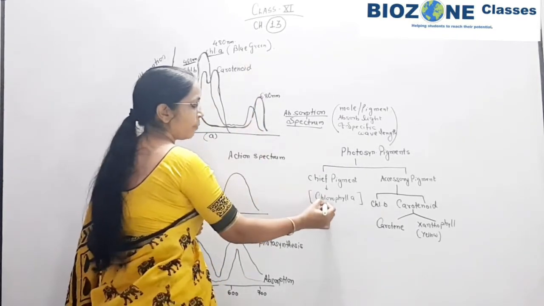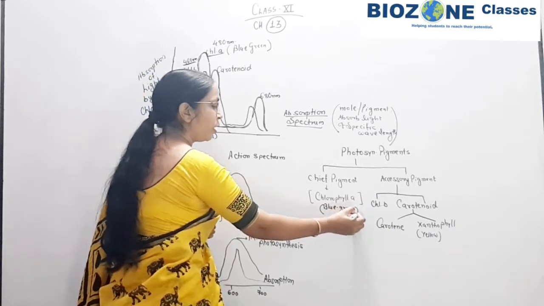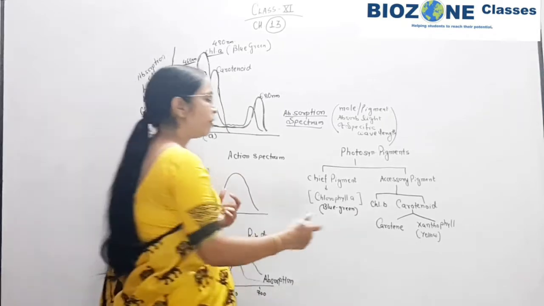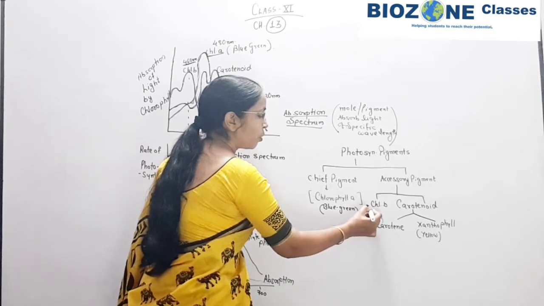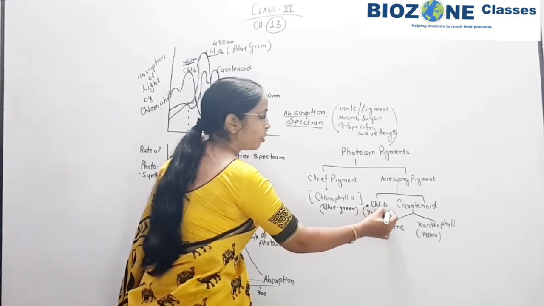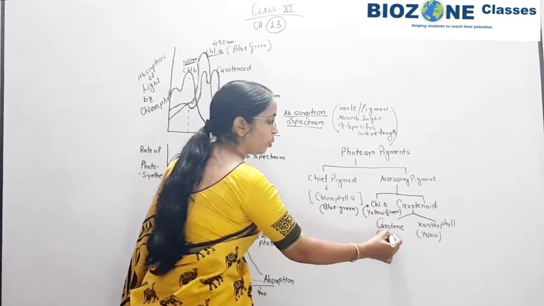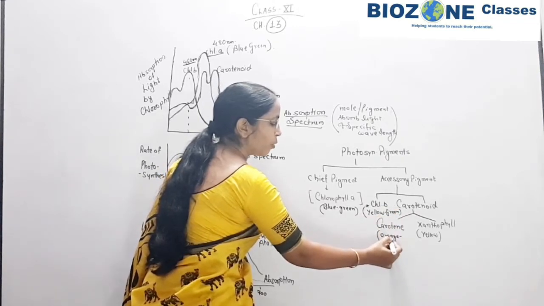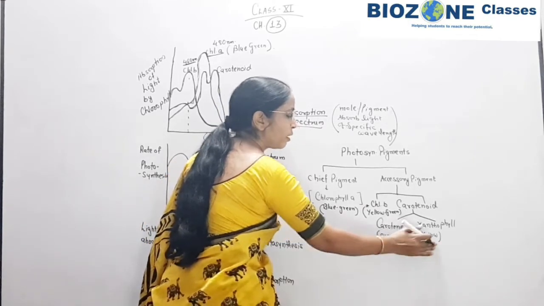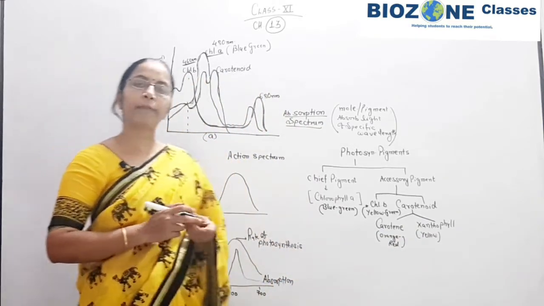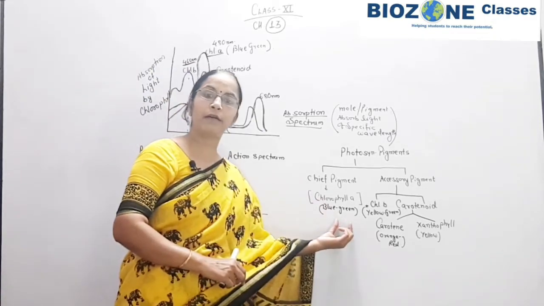Chlorophyll A here, I mentioned, is a bluish green or greenish blue pigment, you remember. When we come to chlorophyll B, you remember it is a yellow green or yellowish green pigment. And carotenoids: carotene is orange to red in color. Predominantly you observe carotene in carrot, and xanthophyll, as I mentioned earlier, is a yellow color pigment. So this part you remember very well for the objective exam, their pigment colors also.